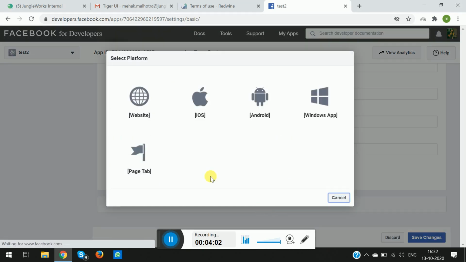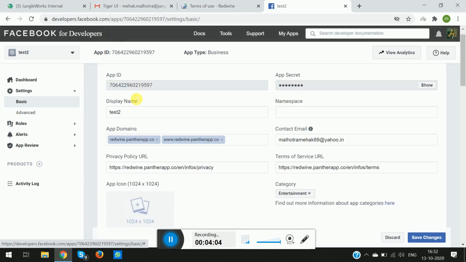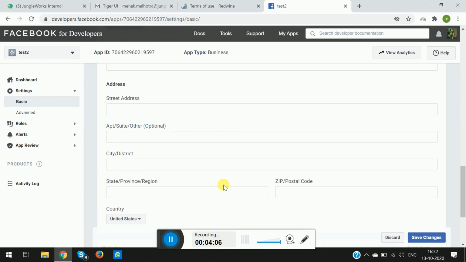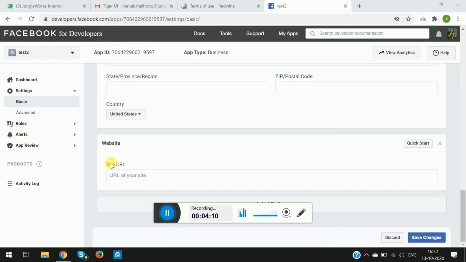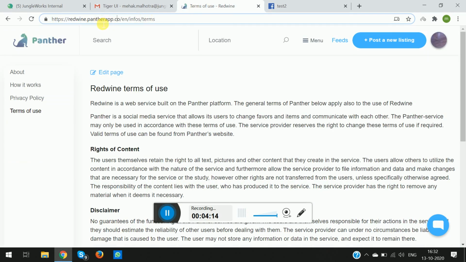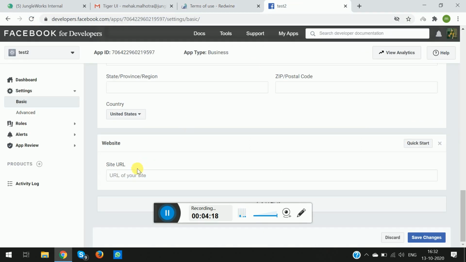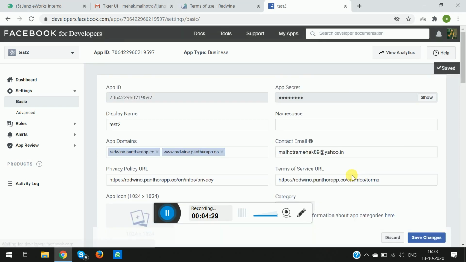You click on add platform, select website, and you will be prompted to put in the site URL. You come to the website and put in the site URL here. Again, it is suggested to put the website URL with www and without www. Once this is done, just click on Save Changes.